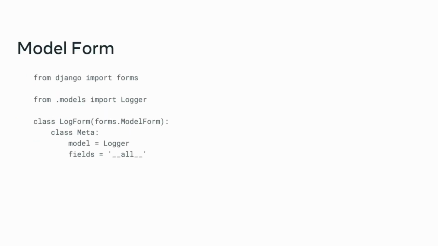The logger model is converted into a form by the Django ModelForm class. You import the model you want to bind with your form. Next, you create an instance of that form, passing the models.Model form as an argument. Finally, you add implementation details for it using a Meta class. Note that instead of having separate classes for form and model, you have just one that inherits the ModelForm